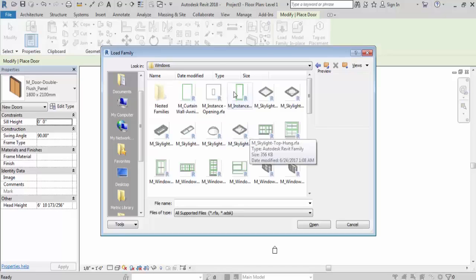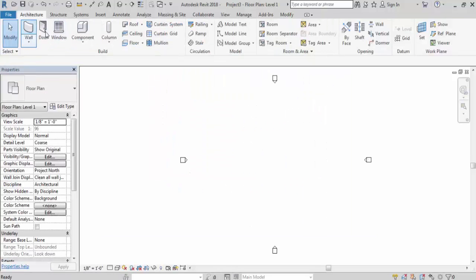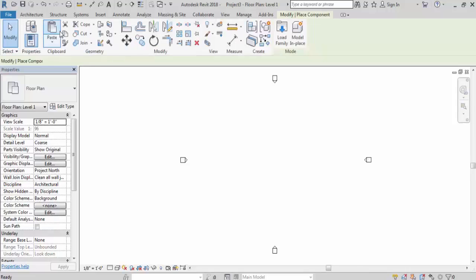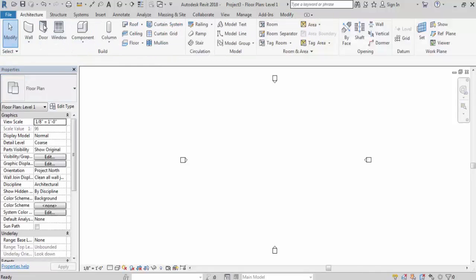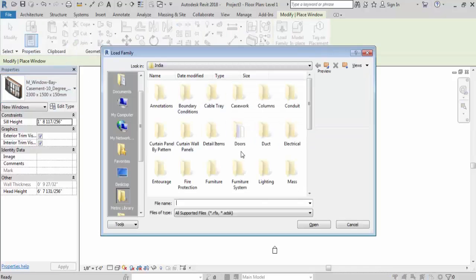So when I select Windows, now go to Load Family, you can see now we are inside the Indian library.